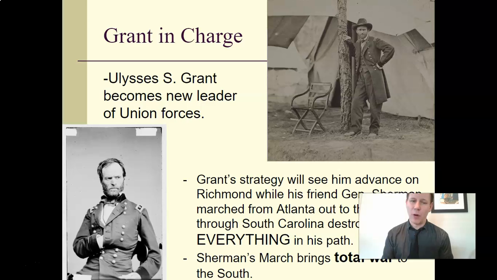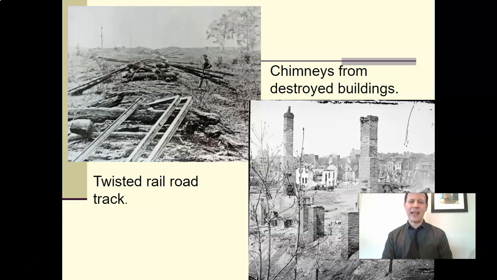This is called Sherman's March to the Sea. And as you can see, he did what he said, right? These are some photographs of some railroad track he twisted up so they couldn't rebuild it. Every home he found, he burned to the ground, so only the brick chimneys were there. And according to Sherman's men at the time, this was the best time they ever had.